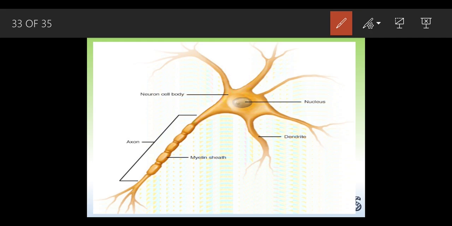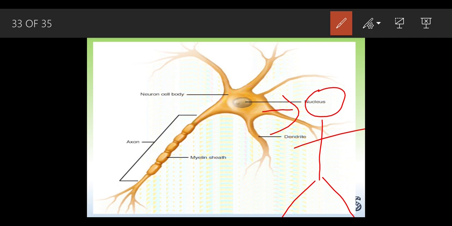Okay, and it is very important one, because without this nervous system you won't be able to transmit any of the message, you won't be able to receive any of the message. So if you look at the human condition, this is a head, this is the body part, and these are the legs part. Okay, I know this doesn't look like a human, but then too you have to understand this is a head, this is a body part, and this is the leg part.